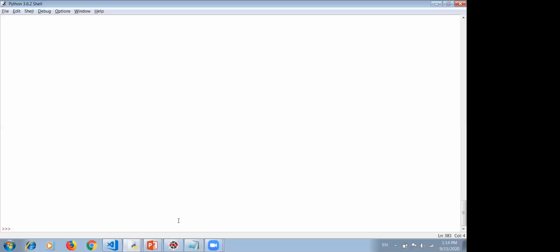Okay, sir. There is another question from another participant: how to save a function and reuse it in another program? Actually, this is a little bit different concept, but you can save it with the name of the file, and after that you can import it in another file using the import keyword. In the next lecture I will show you this, because when we discuss NumPy we have to use the import command, and at that time I will show you how to import another function or another file to use it.